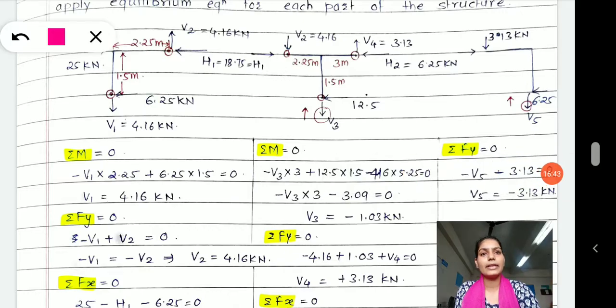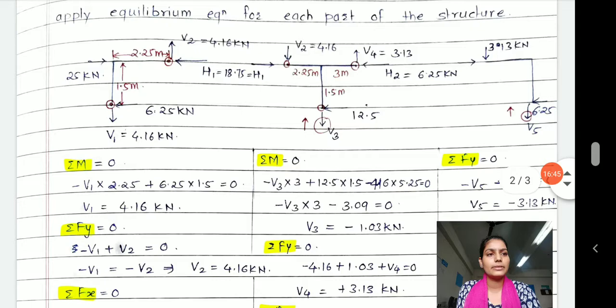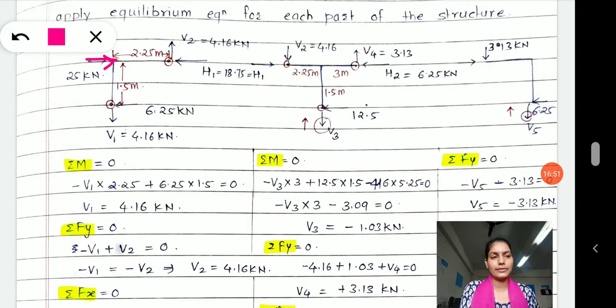I have a frame here, still not visible. Here the horizontal force acting first of all is 25 kilonewton. Then you have forces like this, I have taken cut points. Now where does my point of inflection lie? The circular points like this are the points where the point of inflection lies. Here the forces are acting in the upward direction.